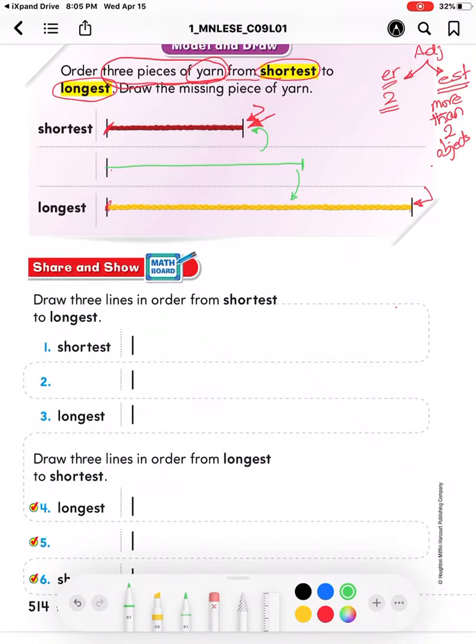I need to ask you a question. Is there any other way that you can order the pieces of yarn? Yes, of course, you could order them from the longest to the shortest, right? So you are going to switch. You are going to start with the longest, then the one in the middle, then the shortest, okay? So now,